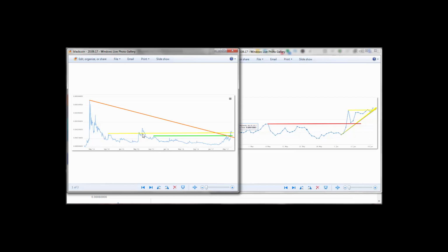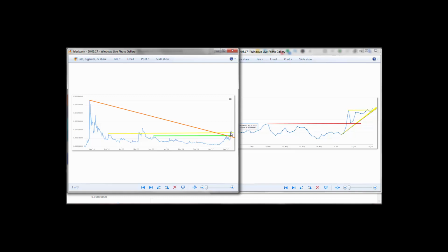Okay, I made this line here from resistance down to support, and then it went back down here, and then it hovered down, and then there was a new sort of high here. But it's been tested since to here around about May. It went back down, back up to where the resistance line is. Boom, it went up to the support area.